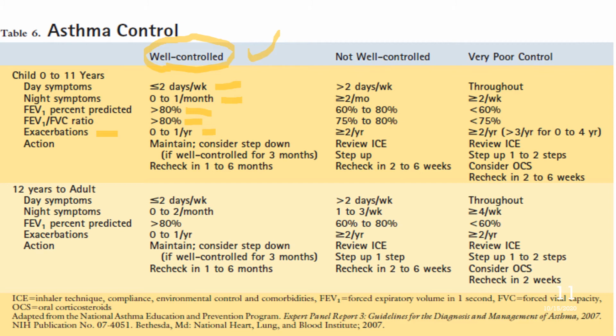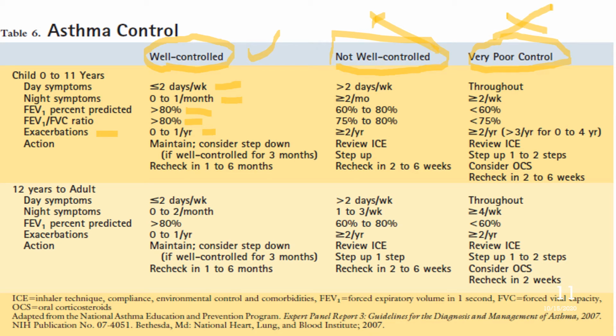Also, you have 2 other categories. Remember, the gold standard is you want to be well controlled. That means whatever treatment management the doctor orders, you must maintain. Now, if you are not well controlled, that's a whole different category, and so is very poor control. Most people who are admitted to the hospital are not well controlled. They are in the category of this one or this one. This is where they lie.